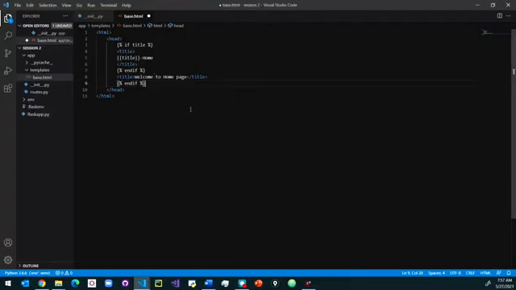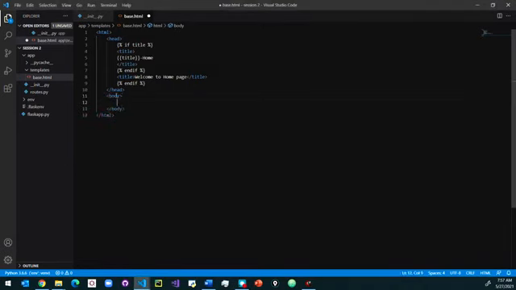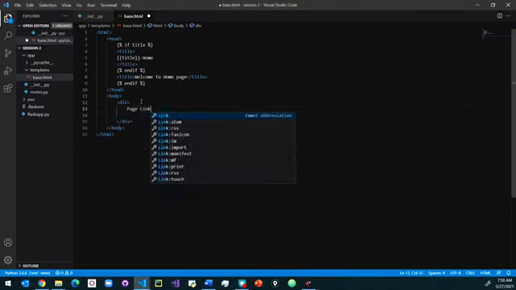So the next one we are going to include is the body tag. Here, in the same level, we are including the body tag. In this body tag, we are just going to keep a div tag to hold all our navigation. That means all our page links. So let's say page links.